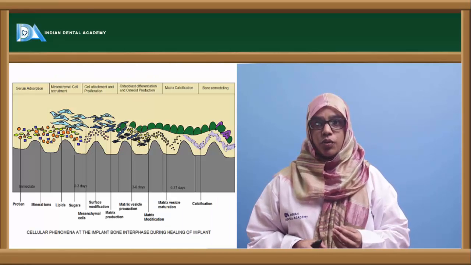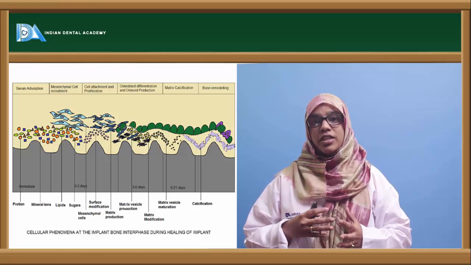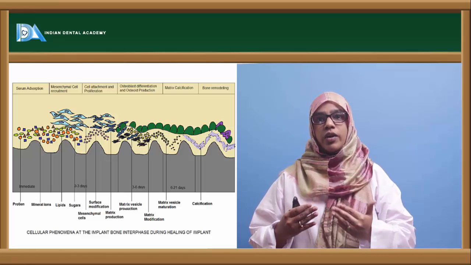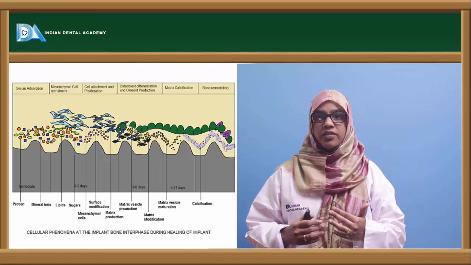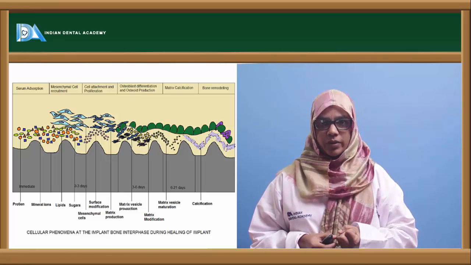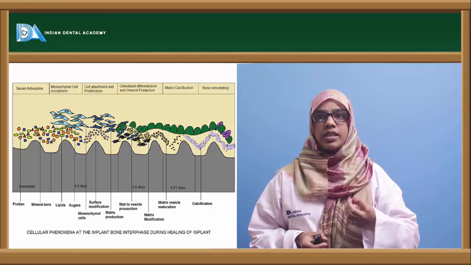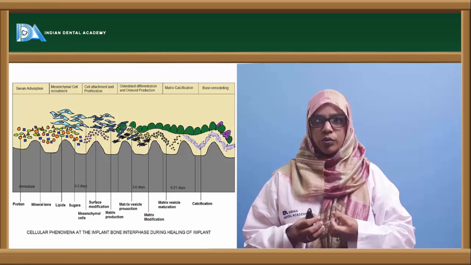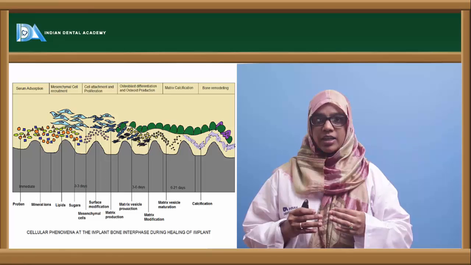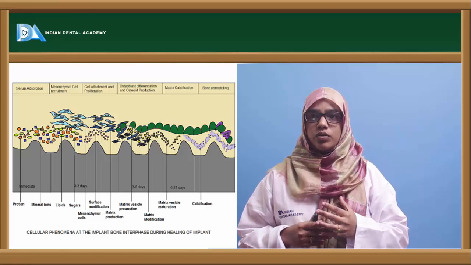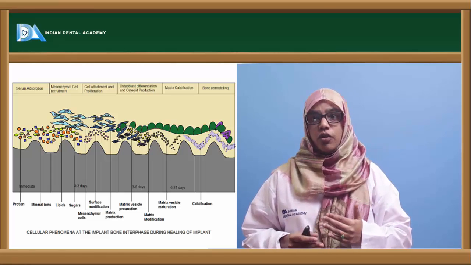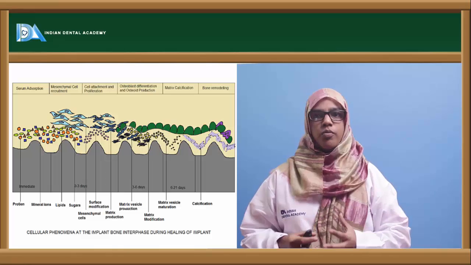Now this slide shows a schematic representation of what exactly takes place. First, as soon as you place an implant, since you have drilled a bone and then placed an implant, there is a healing reaction that starts. There is apposition that takes place, which is followed by mesenchymal cell migration. Mesenchymal cells start to be recruited and get attached to the implant site and start proliferating. It causes osteoblast differentiation and osteoid formation, which eventually causes the matrix to proliferate and bone remodeling to occur in that